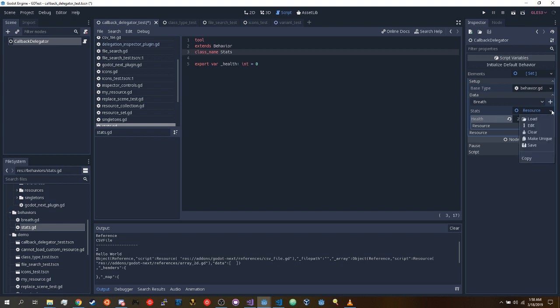So that's that. And then we get to some more crazy stuff. You might be wondering, how do I have this dropdown? Like, how did I get this here? And this plus button, and then this button up here. So Godot Engine in 3.1 introduced this thing called EditorInspectorPlugin, which, if you have